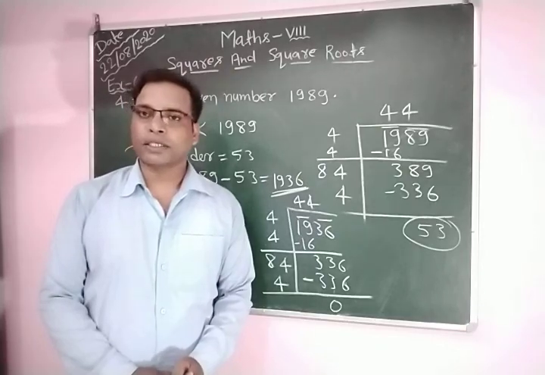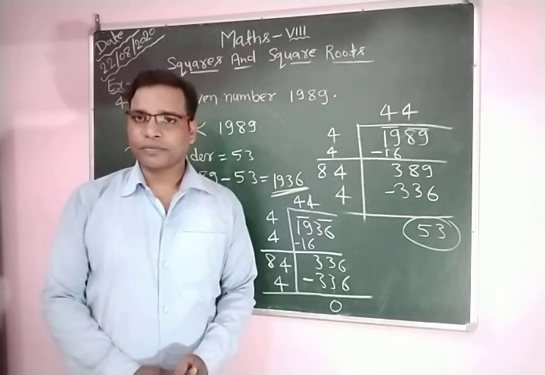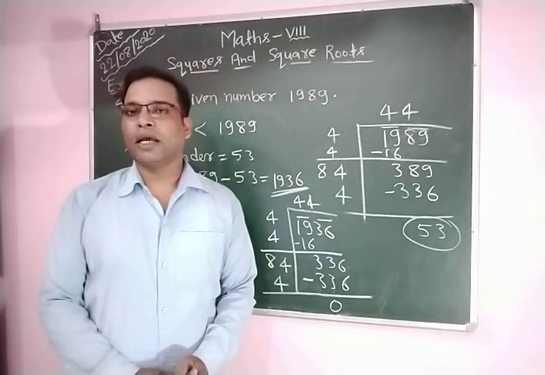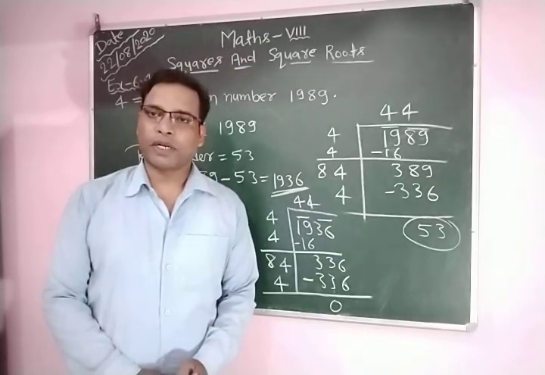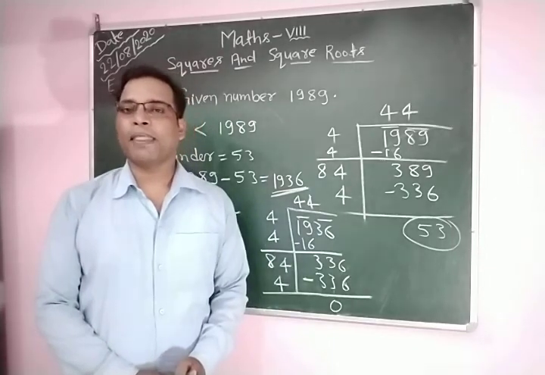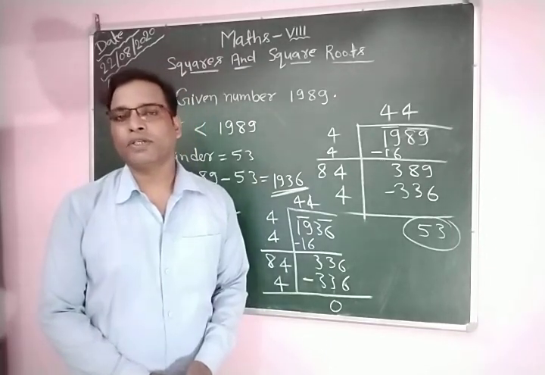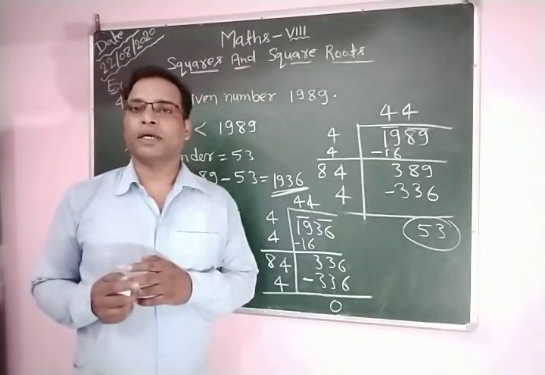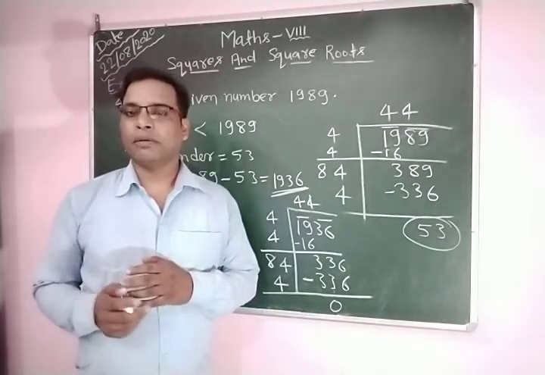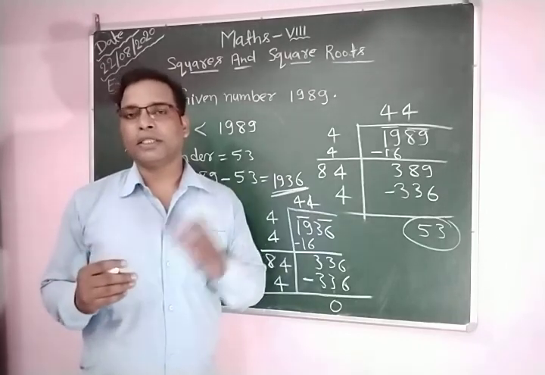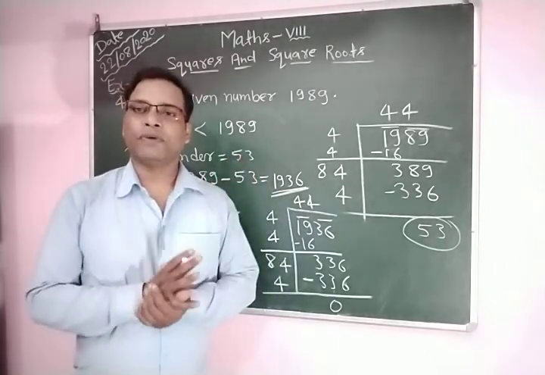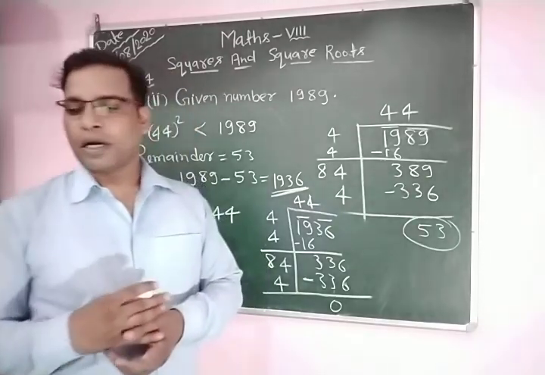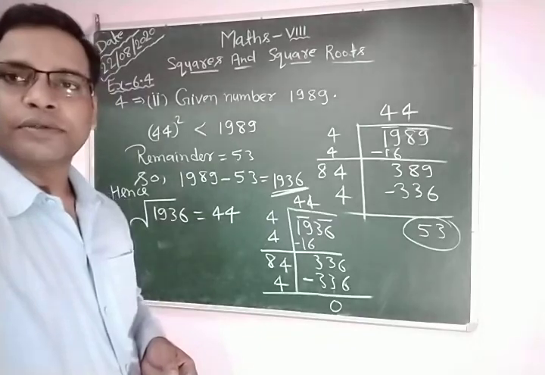Okay, and now the next part, the third part of this question, is 3250. The question asks us to find the least number that we subtract from the given number to obtain a perfect square number. Also find the square root of the new number. Okay, so first you find the square root and the quotient and remainder of the given number, and if you subtract the remainder from the given number, then you find the perfect square number. Okay, so let's see how to solve this question.